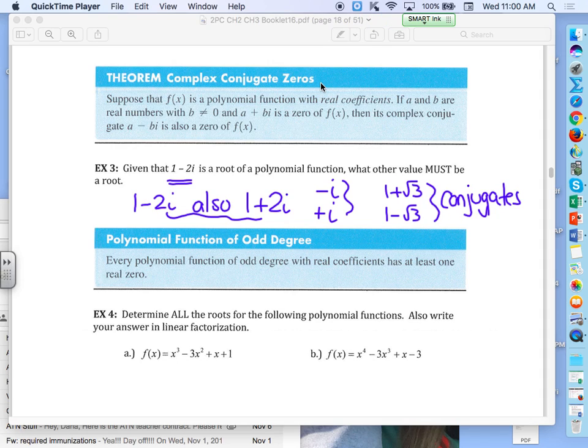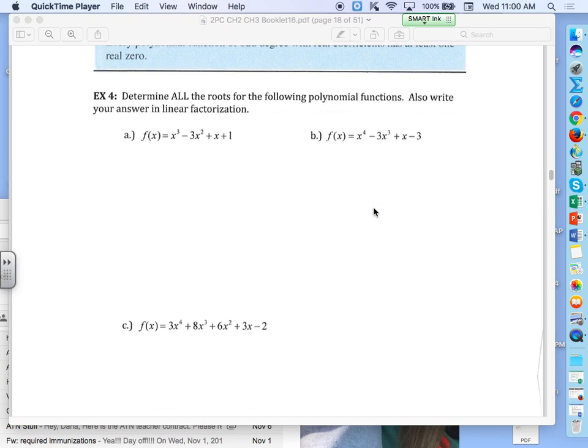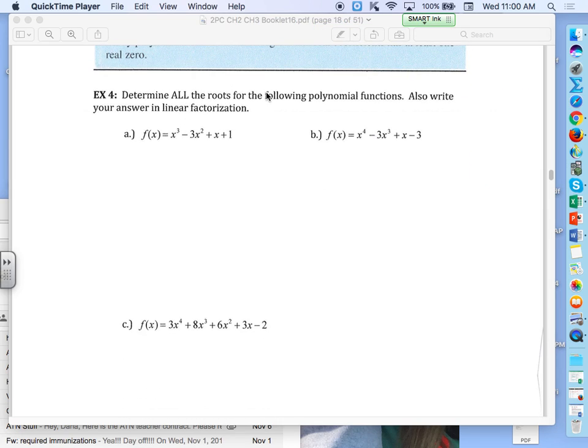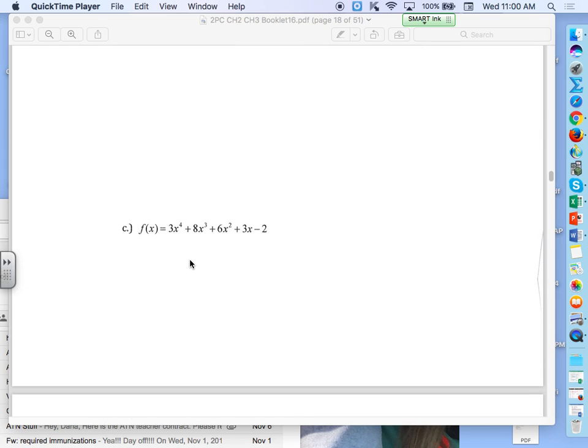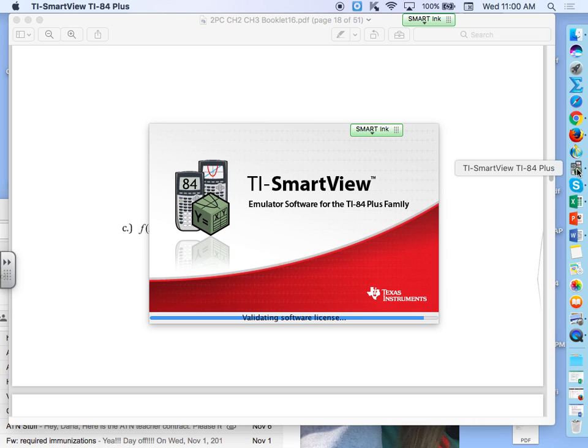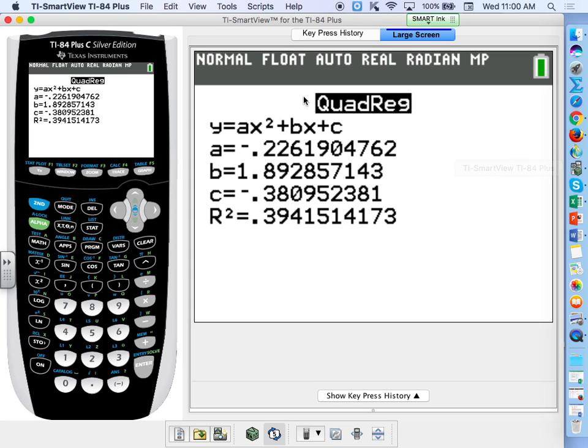All right, now we're going to look at some examples of solving for all the roots. To solve for all the roots, we are not going to do the examples that are listed here today. So you're going to need to put this somewhere else, somewhere where you can find some space to write. And I'm going to fire up my calculator here. Some of the things we're going to go through to find these roots: the first thing we're going to do is find one of the roots or one of the solutions